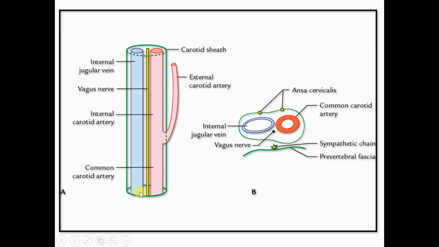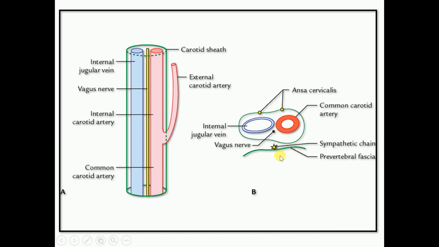Now, at the base of the skull, it is attached to the margin of the carotid canal and also the jugular fossa. And at the arch of aorta, it blends with the outer layer of the artery, that is tunica adventitia. Now, relation of the carotid sheath means which structure lies within the anterior wall of the carotid sheath. So, ansa cervicalis is present within the anterior wall of the carotid sheath.